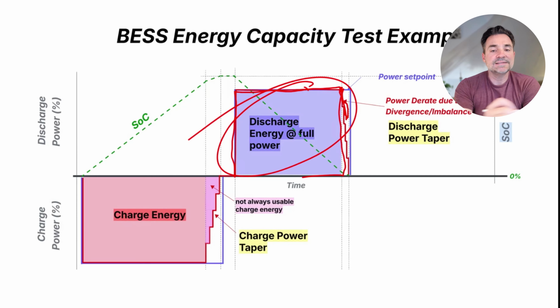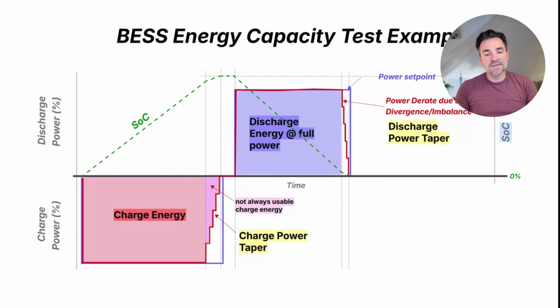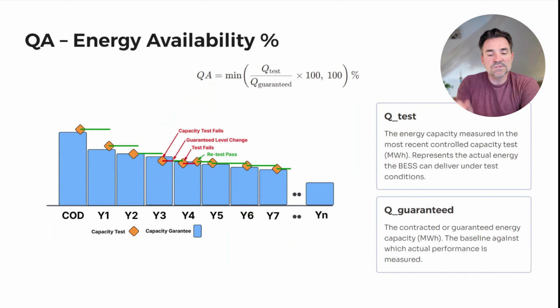This is typically the number that we would be using as the test result from the capacity test and comparing it against the guaranteed. But there's always a bit of energy in the tail here that was also potentially available if everything was perfectly balanced. So just keep that in mind when you design your capacity test and compare it with the way you're operating your sites. So the energy availability would be the energy tested divided by the guaranteed energy at the point